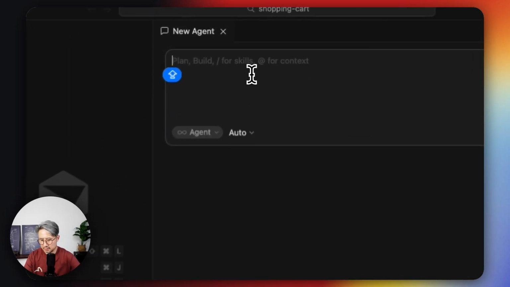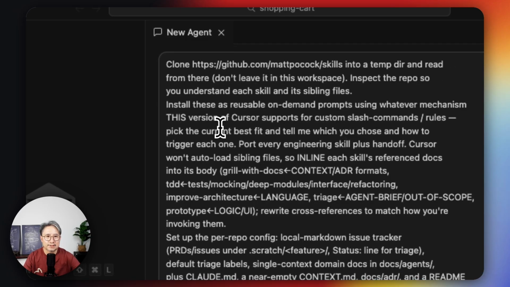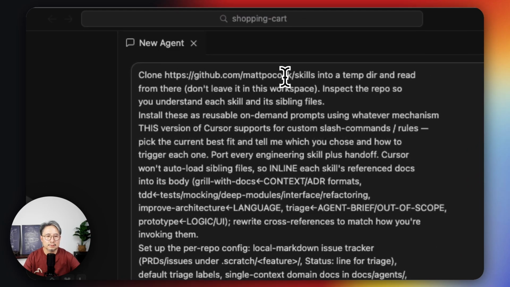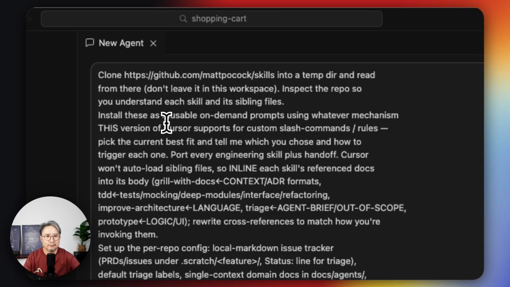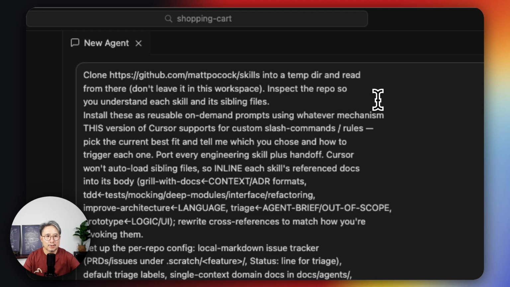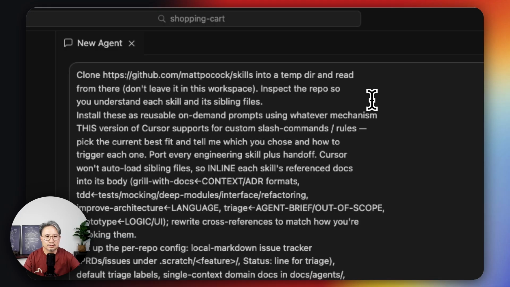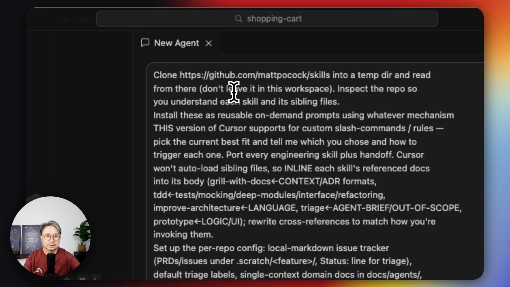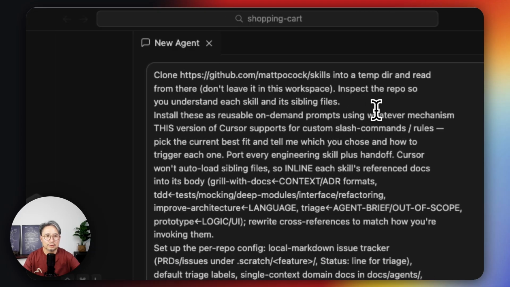Firstly, let me copy and paste the prompt that I use to clone the Matt Pocock skills repository, read it, and go through the repository so you understand each skill and the sibling files. First, let the AI download the skills and understand them, and then install them as reusable on-command prompts using whatever mechanism this version of Cursor supports.